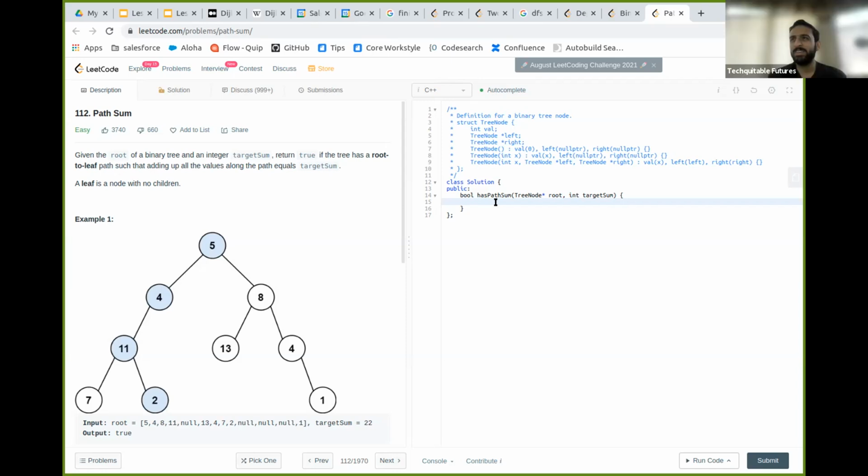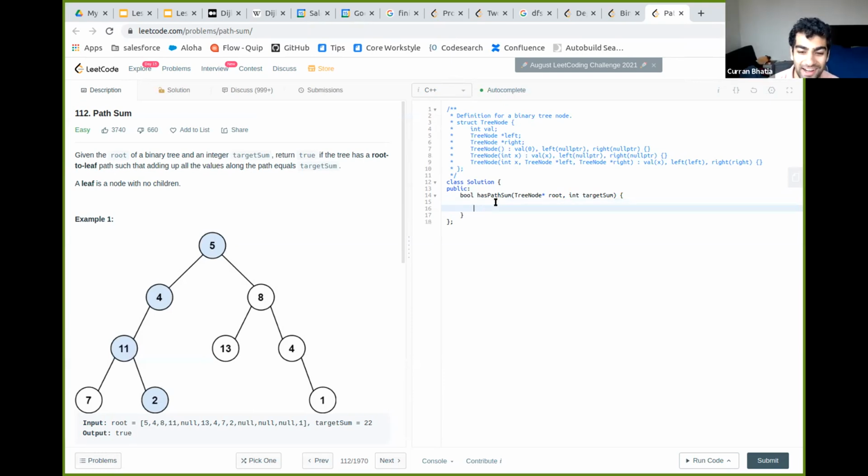Which do you guys find easier to understand? I feel like the chat is pretty definitely divided. Some people say iterative, some people say recursive. Okay, so maybe we'll do both. All right, so I'm gonna first do recursive. Actually, no, I'm gonna first do a for loop because I find it easier to do the for loop at the moment. Yeah, I was gonna say the same.